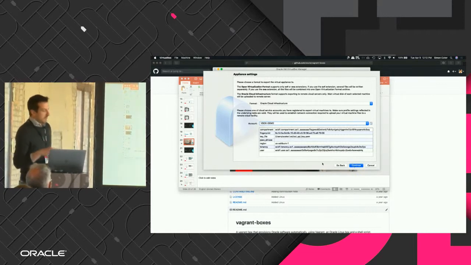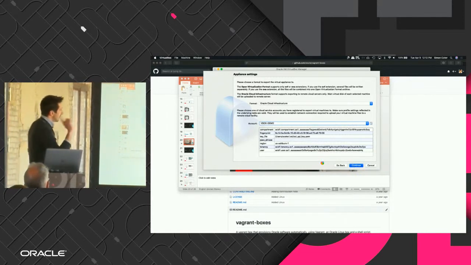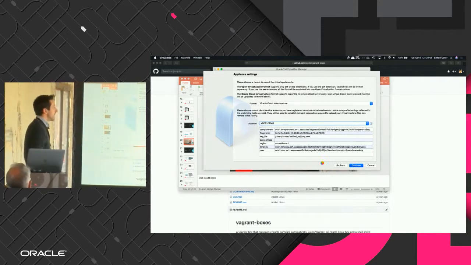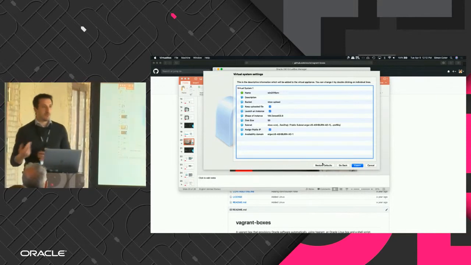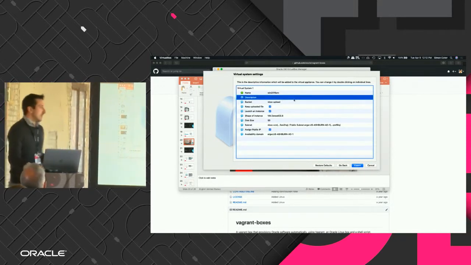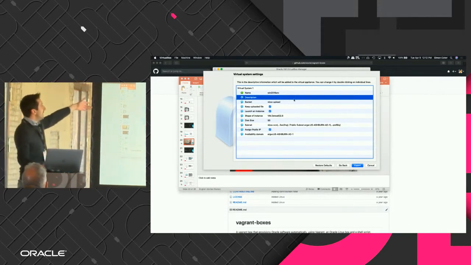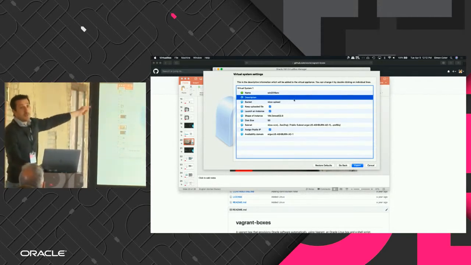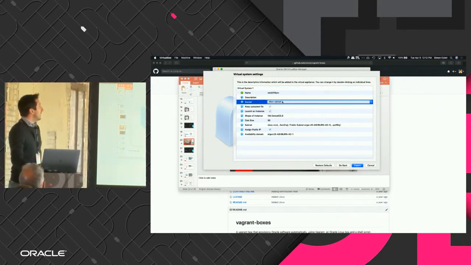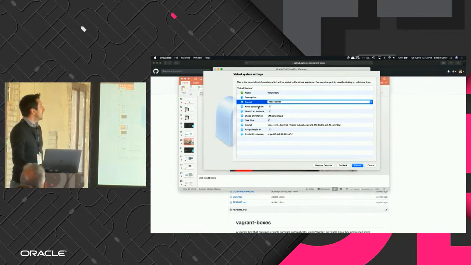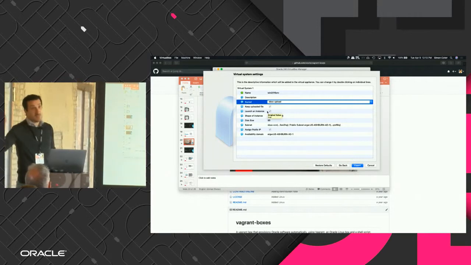Now when I click Continue, VirtualBox connects to the Oracle Cloud Infrastructure, evaluates the shapes available, storage available, configuration available, and at that point, here, I can decide what will be the name of my VM when it will run on the Oracle Cloud, what is the bucket where the VM will be uploaded, if I want to keep the uploaded file, if I want to start the instance, so to start the VM on the Oracle Cloud, once ready,